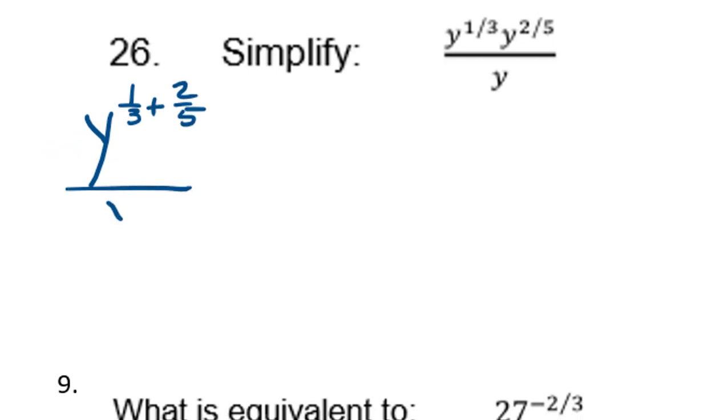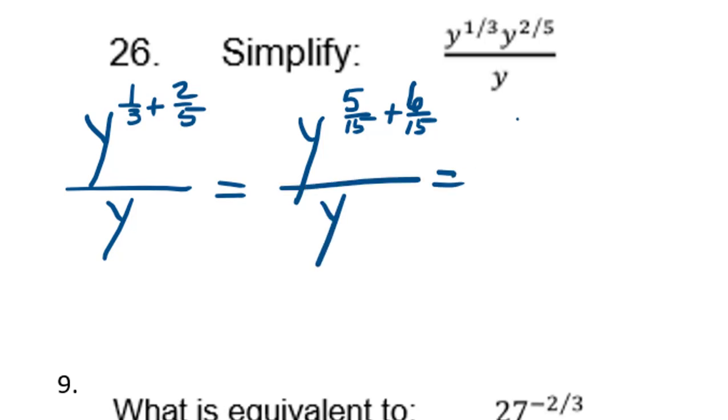Now you can either use your TI-30X2S calculator, or you can get a common denominator manually and add these together. The common denominator of 3 and 5 is 15. So we're going to think of this as something over 15 plus something over 15. To get 1/3 to have a denominator of 15, we have to multiply the numerator and denominator by 5. 1 times 5 is 5, so 5/15 is the same as 1/3. To get 2/5 to have a denominator of 15, we have to multiply by 3 over 3. 2 times 3 is 6. So we have y to the